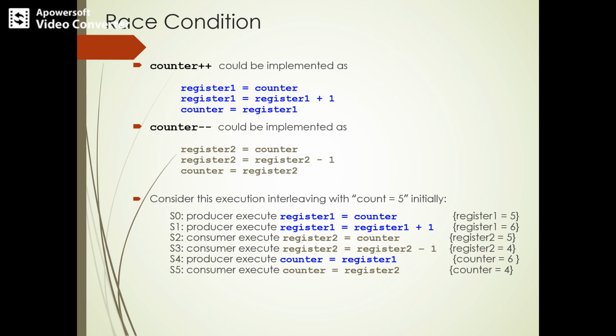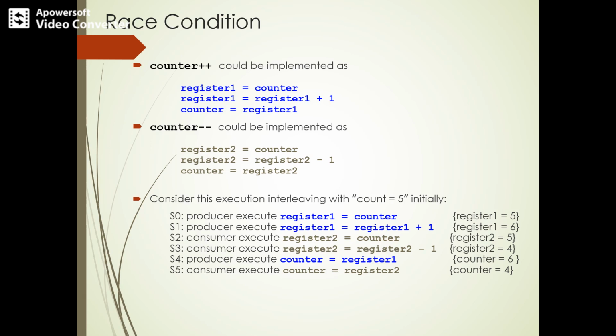Okay, so you can see the sequence of statements if they are interleaving, in the sense both are executing concurrently. And in counter--, if they are executing separately, what should be the value? In the consumer code, register 2 has the value of the counter, then register 2 is decremented, and finally the decremented value will be put into the counter. So first the counter was 5, right? 5 will be stored in register 2, and it will be 4 after the operation. Register 2 will be 4, and the value 4 will be stored in the counter.